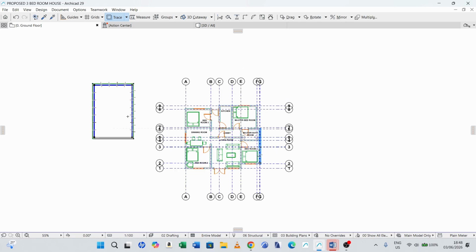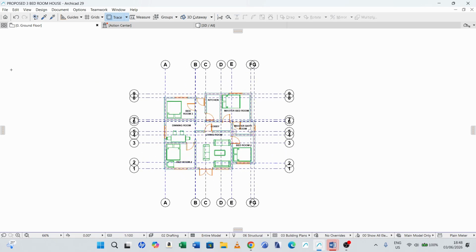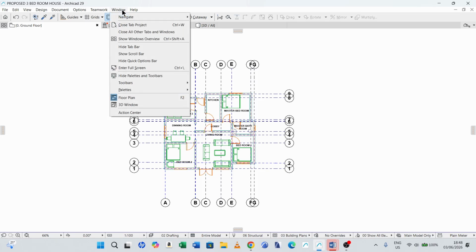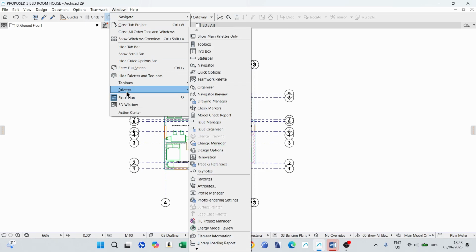Let us start our tutorial. For example, let us bring back the elements of the toolbox. You will go here in the menu bar, go in Window, and go here in Palettes, and then you select what you call Toolbox. Once we click on Toolbox, here you see Show Main Palettes Only.